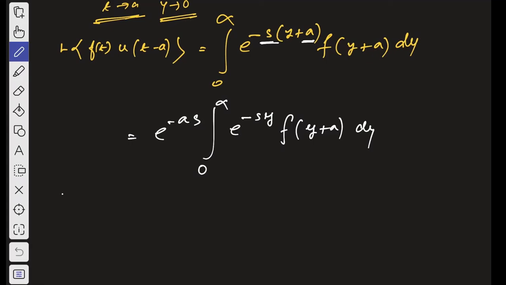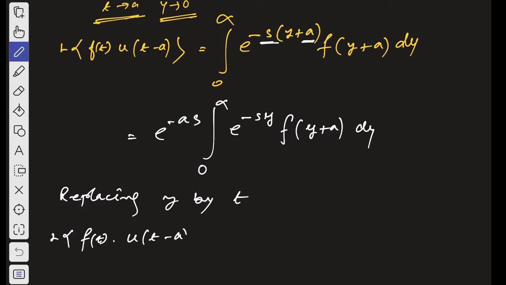Now just replace y by t. Replacing y by t, the Laplace transformation of f of t into u of t minus a equals the integral from 0 to infinity of e to the power